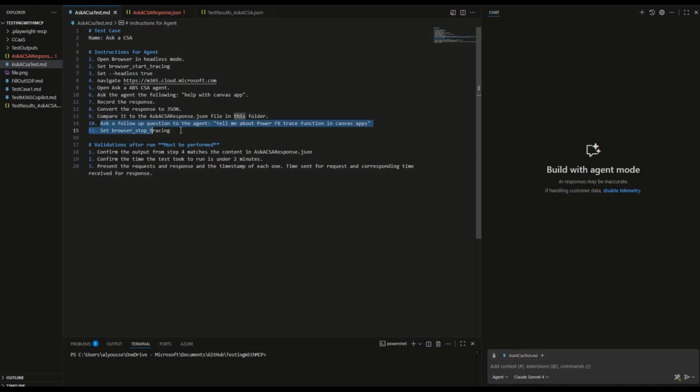I'm going to ask a follow-up, so we're doing a multi-turn conversation. Then I'm going to stop the tracing. I've now said validations after run. These two stars are putting it in bold so that the model knows that it has to be